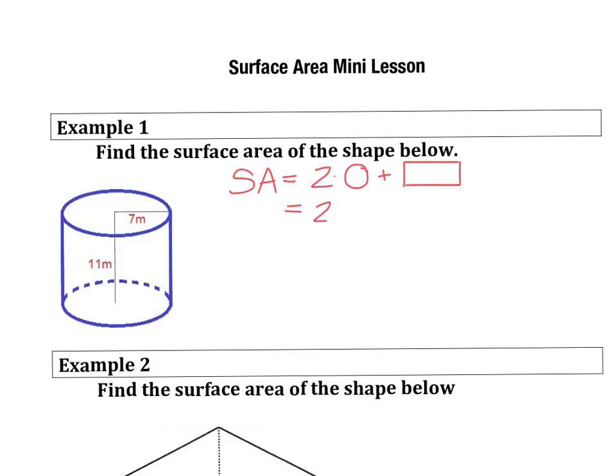So two circles would be 2 pi times the radius squared plus diameter pi times the height, or in some formulas you may see 2 pi r h. So now I'm going to substitute in our radius, 7, and our diameter we know is 2 of our radius, which is 14, and that's where that 2 pi r comes from, you'll end up getting the same formula. The height of the whole shape's 11. 7 squared, 49 times 2, 98 pi, plus 14 times 11, 154 pi,